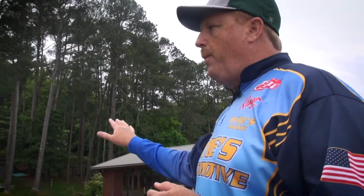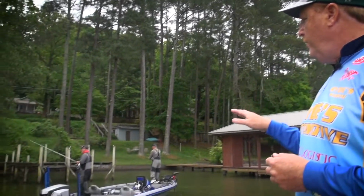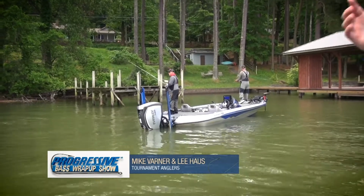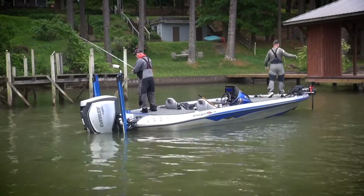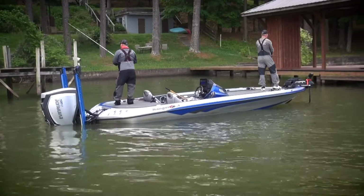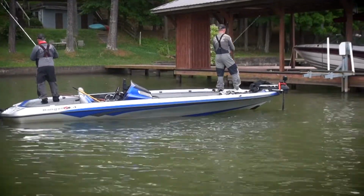Well, these docks are a perfect staging area for those fish to set up on for a post-spawn pattern. You take a look at Mike, see how he's pitching the front of those docks up there. You can look at the lake up there, we've got a front that's just about to hit. We actually have had thunder rumbling in the background. That's what Mike's doing. He's running these outside these docks, hitting everything out here on the edges. These fish come out of these spawning coves. They'll stage on these docks, getting ready to go out into the ledges and everything. You can see how